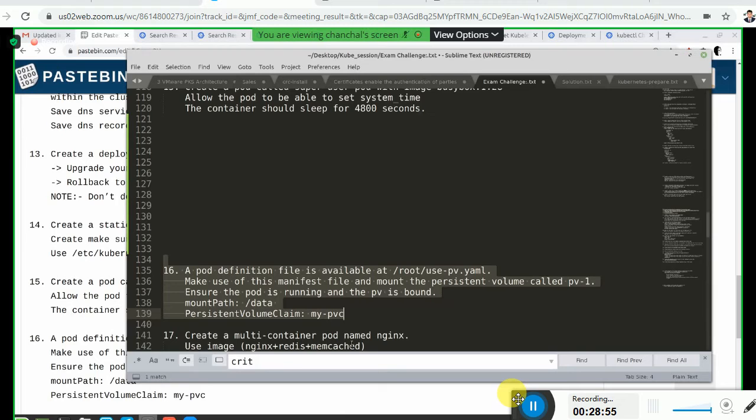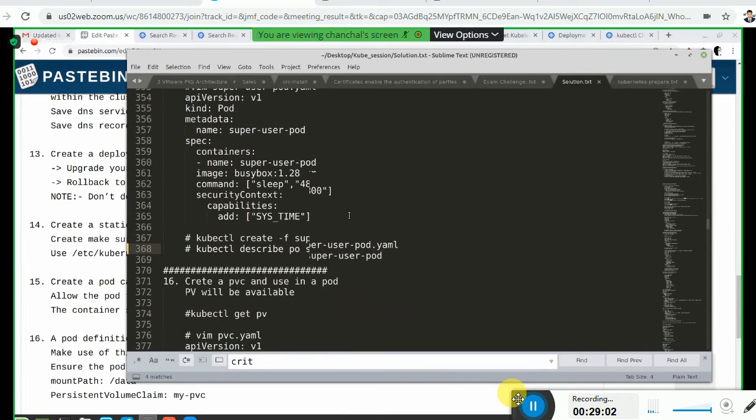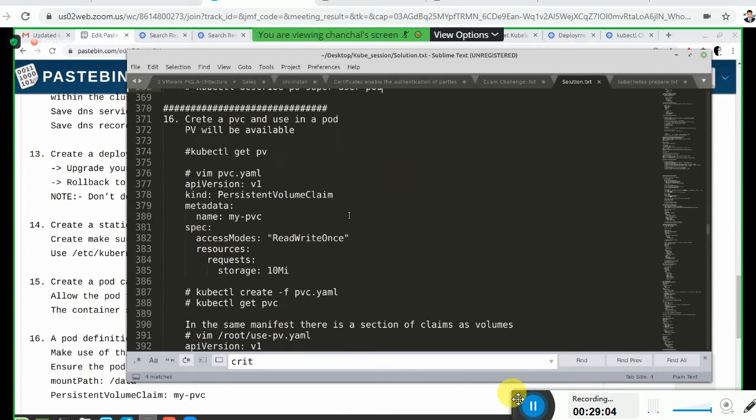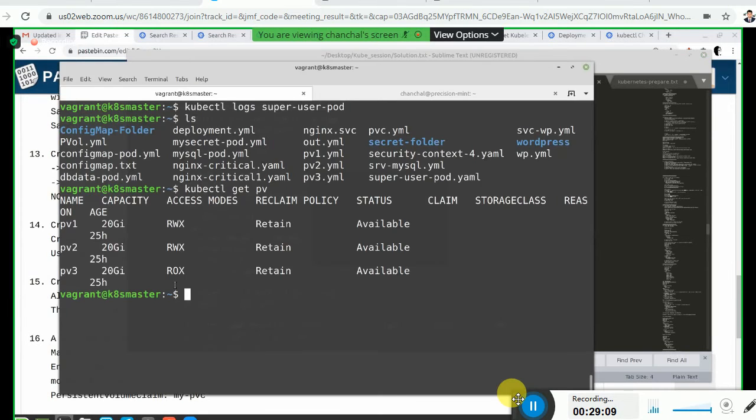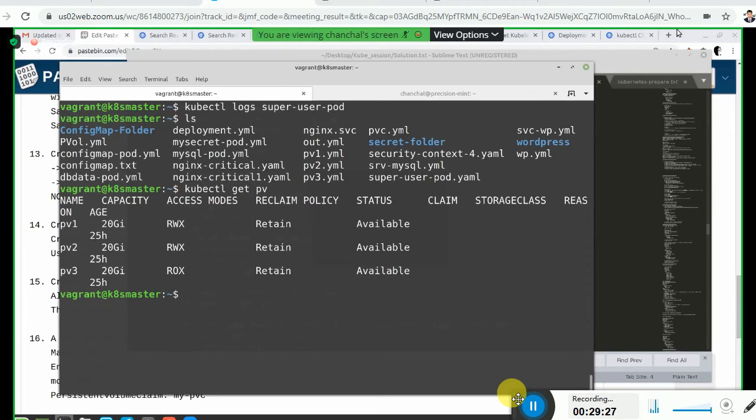And here is the solution to it. Create a PVC. The PV will already be available. We have seen in our scenario we already have PV1, PV2, all these PVs available from our earlier exercises. So we are going to create a pvc.yaml. How to create a pvc.yaml if this file is not available at your disposal? What is the workflow? Can somebody prompt?